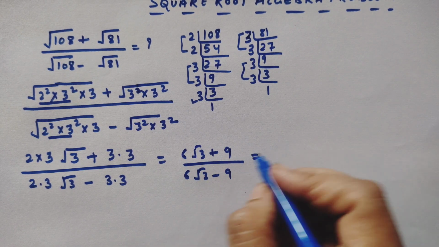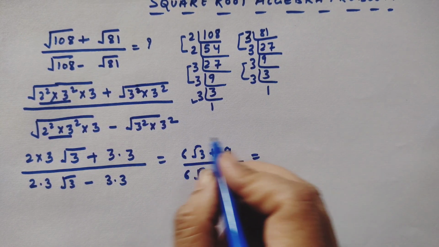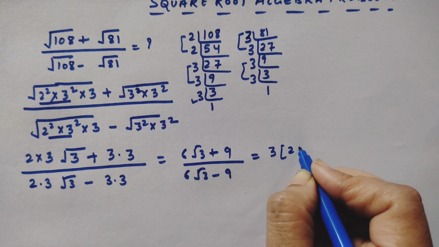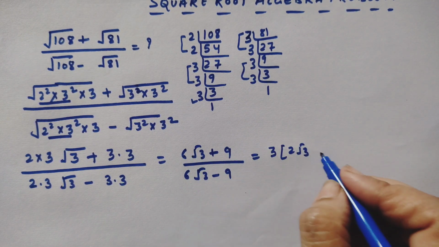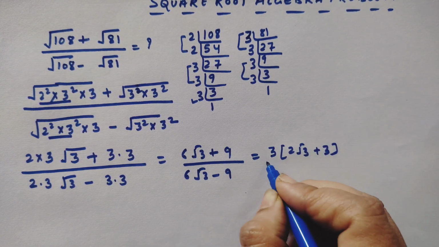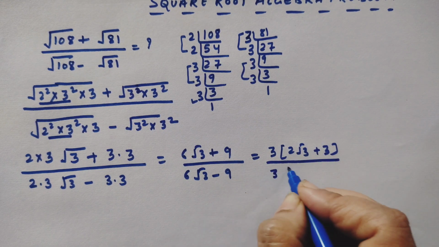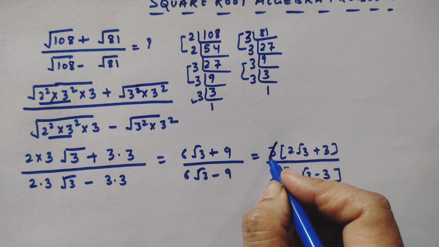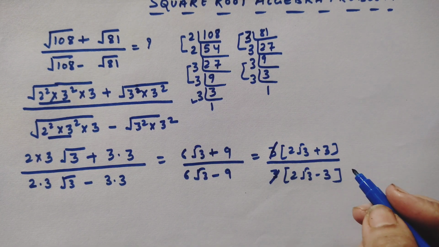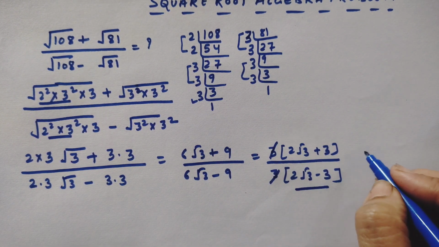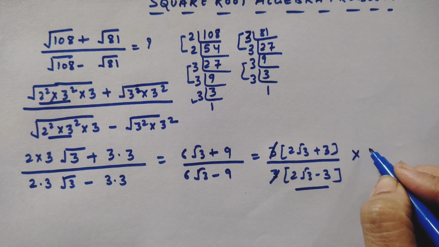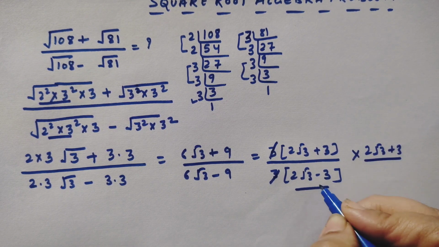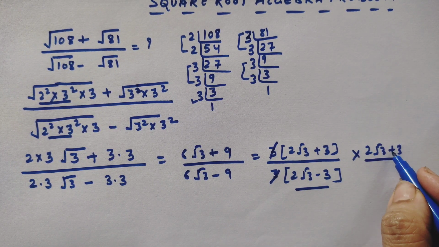Now 3 is the common number in these. For these two terms, 3 is common, so inside is 2 root 3, 3 2s are 6 and 3 3s are 9. Similarly, here 3 is also common, so 2 root 3 minus 3, so the 3s cancel. Now rationalize the denominator. So we will multiply by 2 root 3 plus 3, opposite sign we are using here,